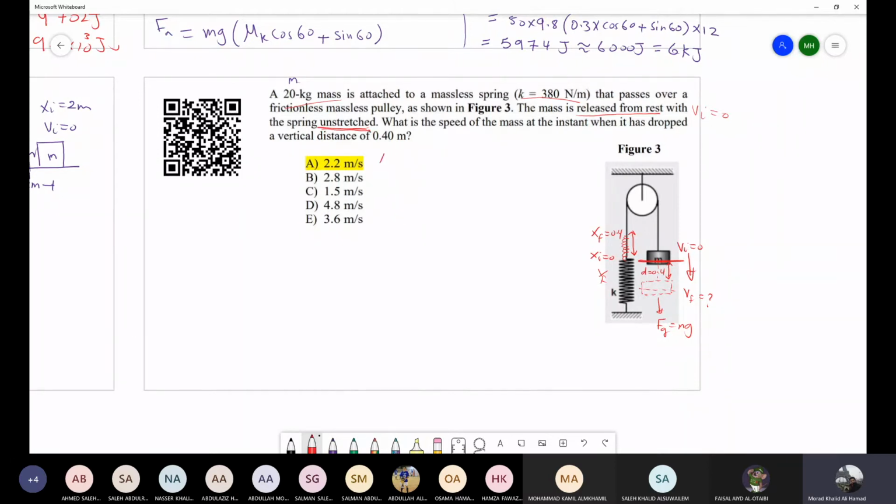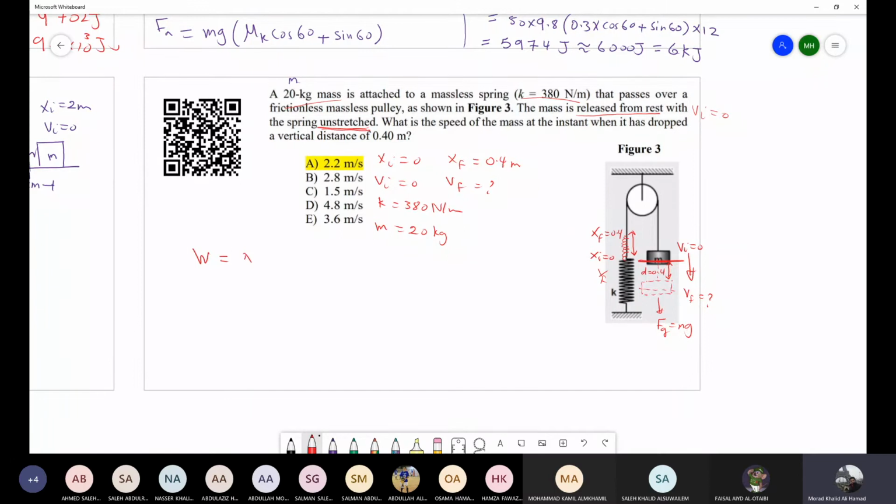I have x initial equal to 0, x final equal to 0.4 meter. I have v initial equal to 0, v final needed. We have k equal 380 Newton per meter. We have the mass equal to 20 kilogram. Now, since I have two systems, spring and mass hanging on a pulley, instead of saying that work